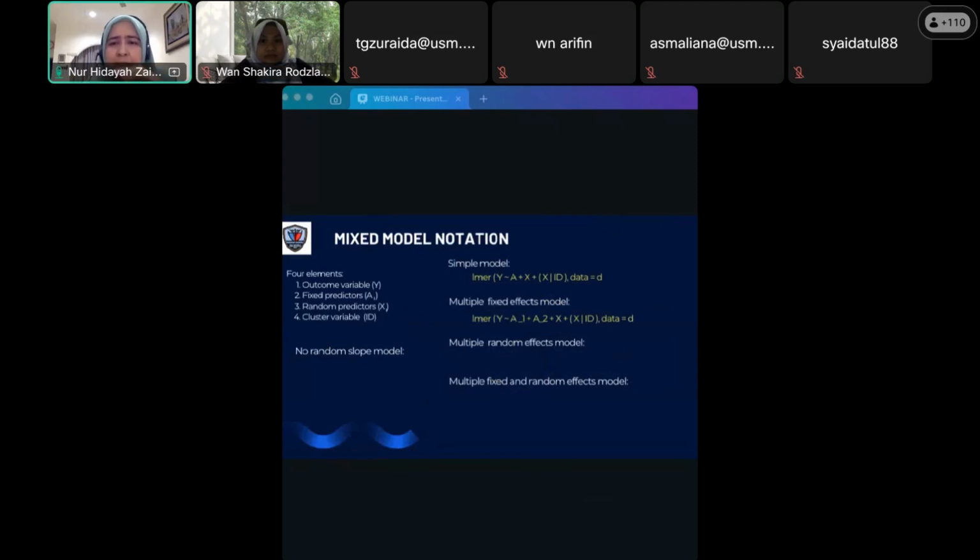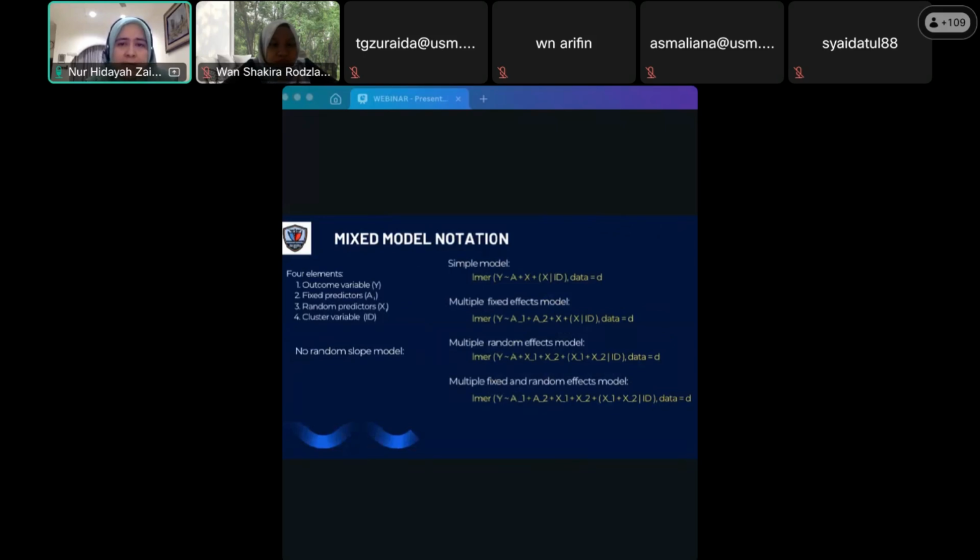How about multiple random effects? Let's check it out. So here we've got only one A variable and we have S1 and S2. And notice that we have S1 and S2 both within the parentheses and outside the parentheses, because again, let me emphasize, every time you model a variable with a random effect, it also has to show up in the fixed effect area too. All right. What about multiple fixed and random effects? It might look like this, where you've got A1 and A2 both fixed effects and S1 and S2 both random effects, but again they show up in the fixed effect area too.